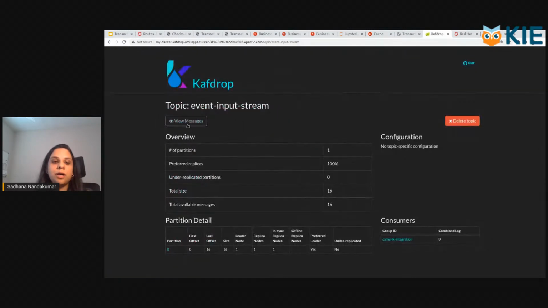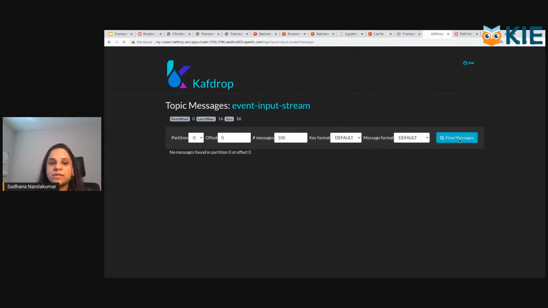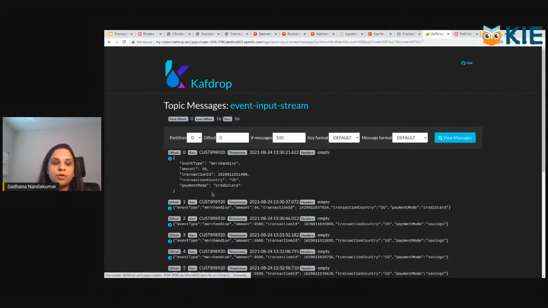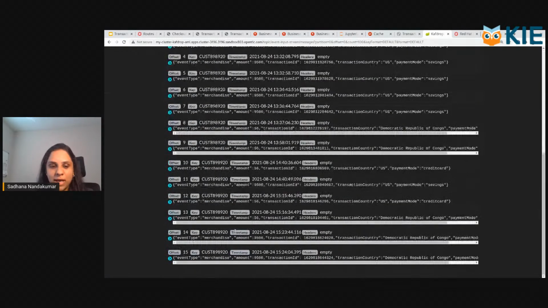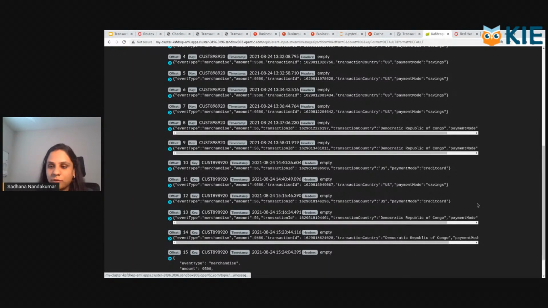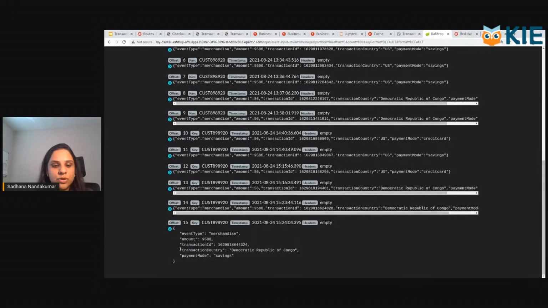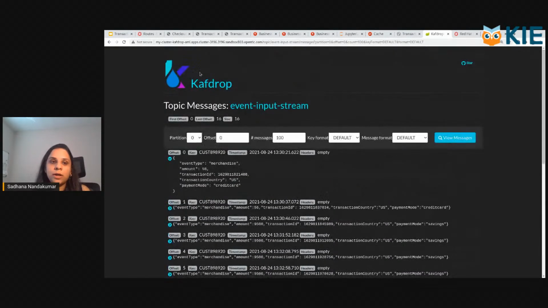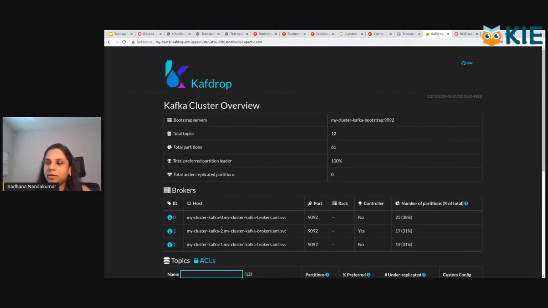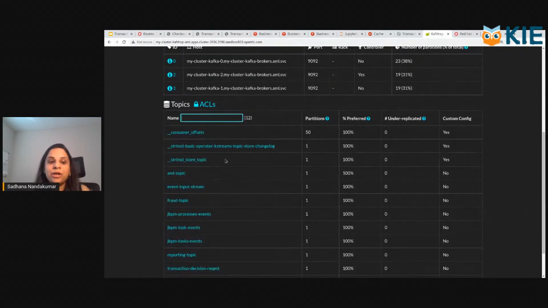If you inspect this particular topic, you can see that there are several of those transactions, and that's the event type that comes in. Let's, for example, look at the last transaction that we had in here, which was the merchandise for $9,500, which we called out earlier. It was from the Democratic Republic of Congo, and it was a merchandise purchase. Now, if you go back into the next event,